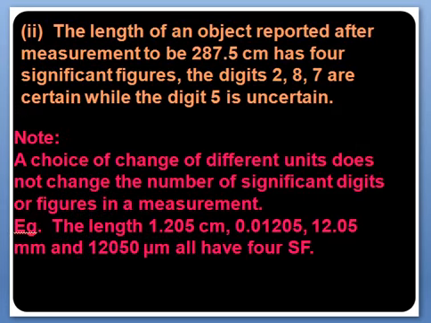See next, the length of an object. This is the second example. The length of an object reported after measurement to be 287.5 centimeter. It has 4 significant figures. The digits 2, 8, 7 are certain, while the digit 5 is uncertain. At the place of 5, it may be 4 and may be 6. That is why the digit 5 is uncertain in the result